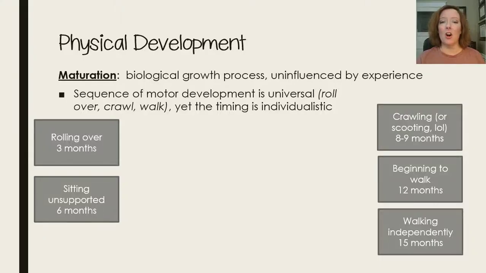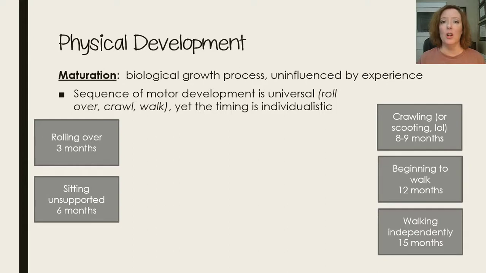Okay, let's first talk about physical development. We're talking about infancy here. And one of the first terms that we talk about when we think about how physical development occurs is maturation. Maturation is the biological growth process. It's uninfluenced by experience. This usually happens in a very predictable sequence of motor development, and it tends to be